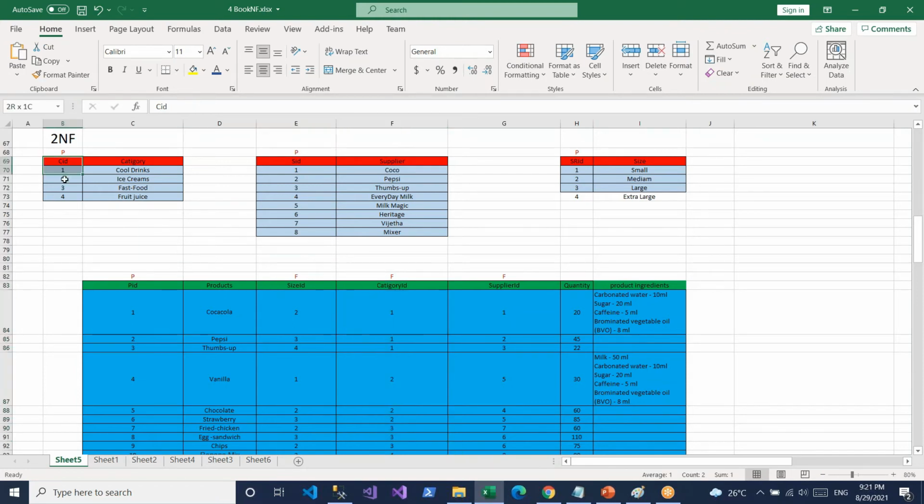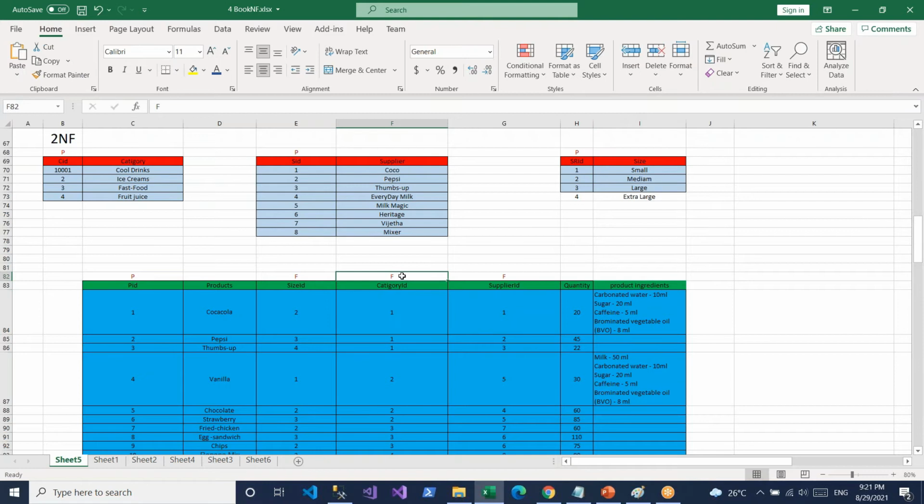So this is a primary value, but here the primary value for cool drink is one. In real time, this will not be one; it will be 001, 002, 003, some different values. If I am using this value here, it is used as a foreigner in the next table.